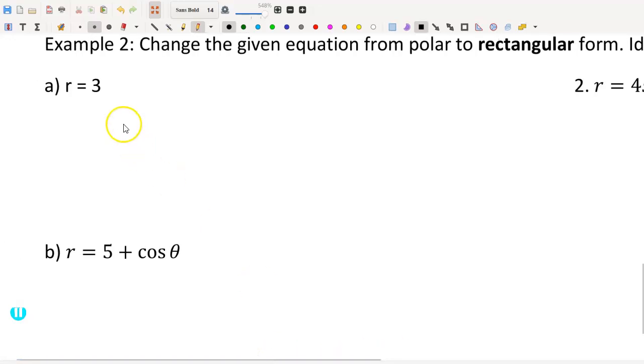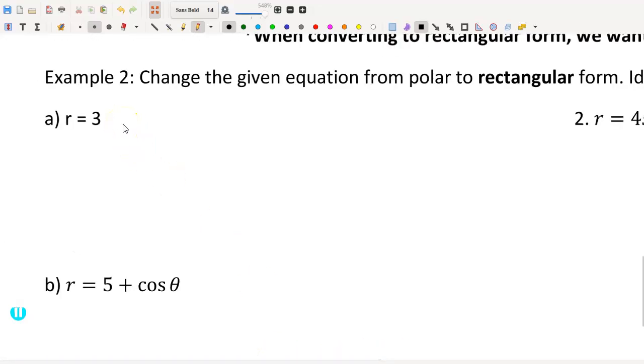we have r equals 3, and from before we already know that r equals 3 is a circle with a radius of 3. It's all the points, regardless of the angle, the infinite number of points that are a radius of 3 from the origin. But we can't just substitute r, and we want to avoid doing the square root if we can. So if we know we want an r right here, it's okay to do a little work on this ahead of time. So I can multiply both sides by r, and that way it gives me r squared